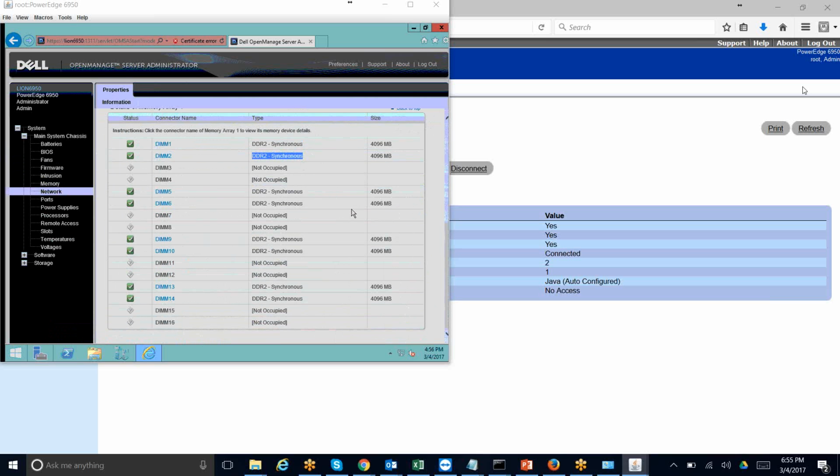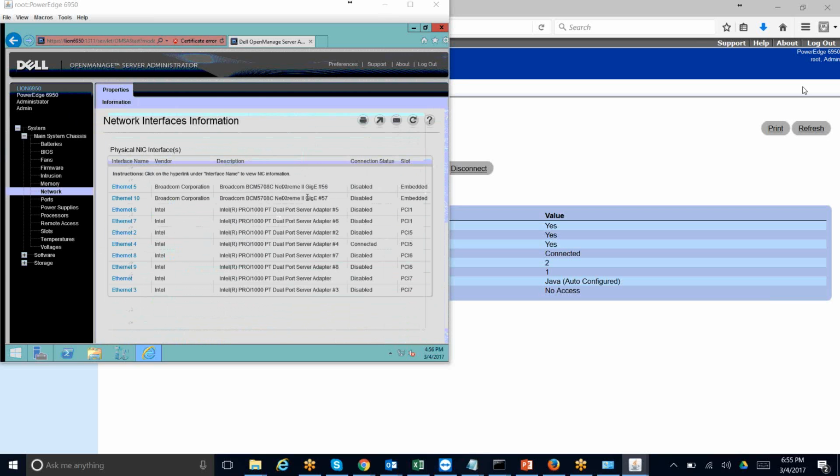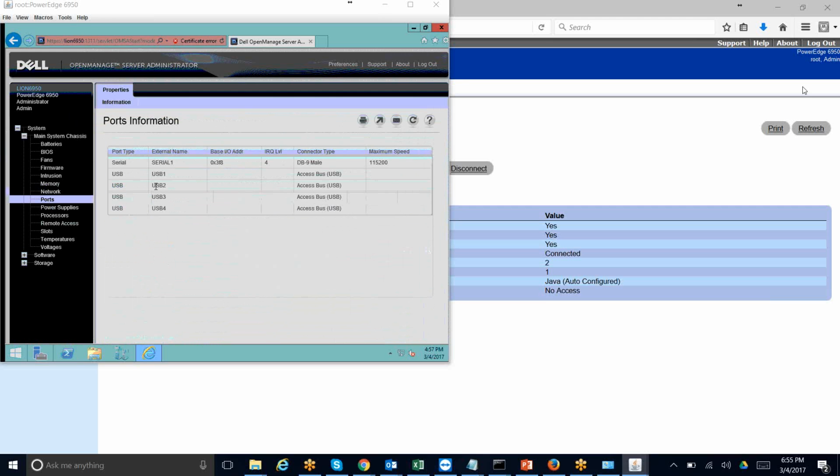नेटवर्क के अंदर मेरे पास आठ या 10 नेटवर्क कार्ड्स लगे हुए हैं। I am using only one ethernet cable, but मेरे पास 8 या 10 नेटवर्क कार्ड लगे हुए हैं। देख रहे इतने नेटवर्क कार्ड से मैं एक ही यूज कर रहा हूँ। एक यहाँ यूज कर रहा हूँ, एक ड्रैग के लिए यूज कर रहा हूँ। पोर्ट्स, यूएसबी पोर्ट्स भी हैं इसके अंदर, सीरियल पोर्ट भी है, मैं सीरियल पोर्ट के थ्रू ही मॉनिटर को कनेक्ट किया हुआ हूँ।